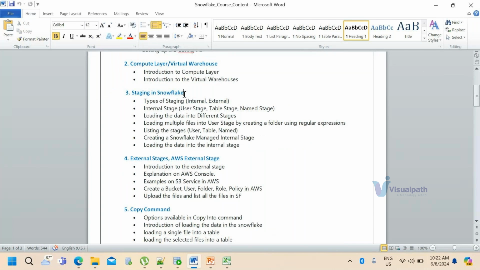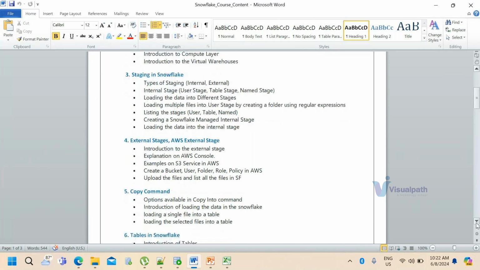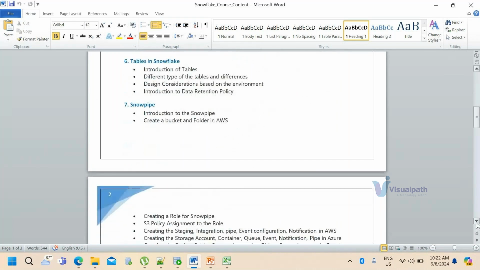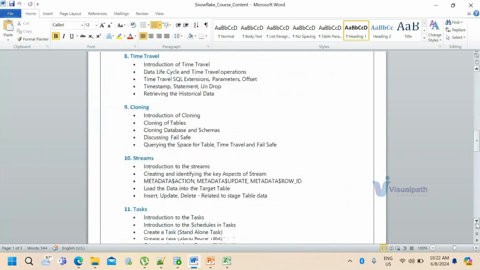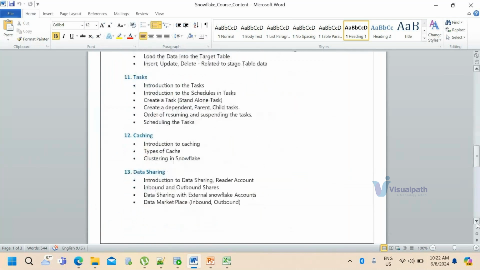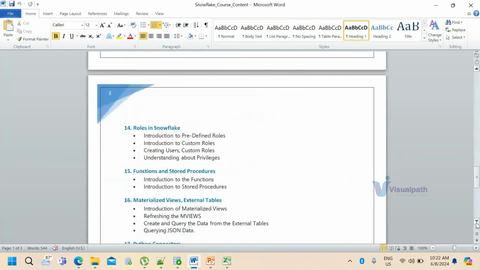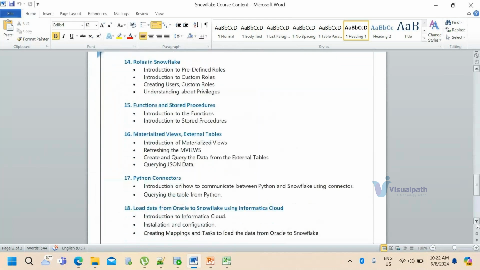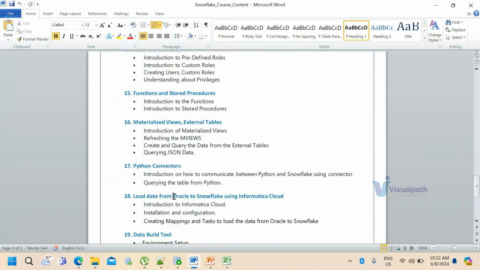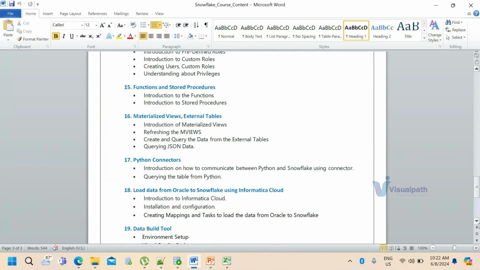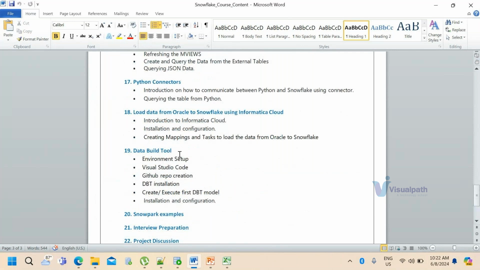We're going to learn about different stages and the copy command. And different tables in Snowflake, Snowpipe, time travel, cloning, streams, tasks, caching, data sharing, different roles, functions, procedures. We'll learn about Python, and we'll see how we are going to load the data from Oracle to Snowflake by using Informatica Cloud. These are all real-time scenarios. And there is a most demanding tool in the market, in India and in other countries also, that is data build tool.